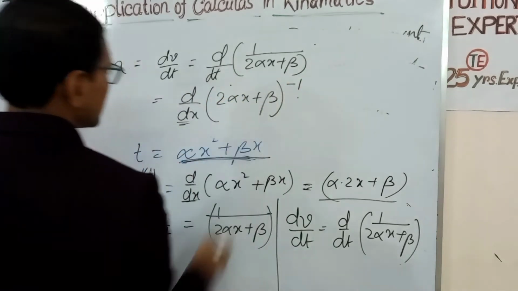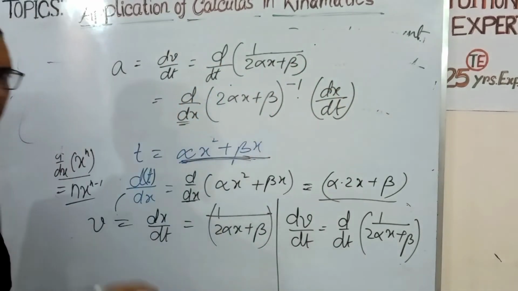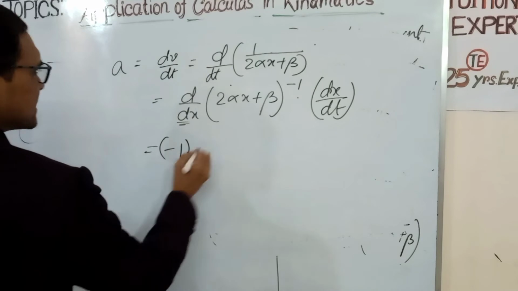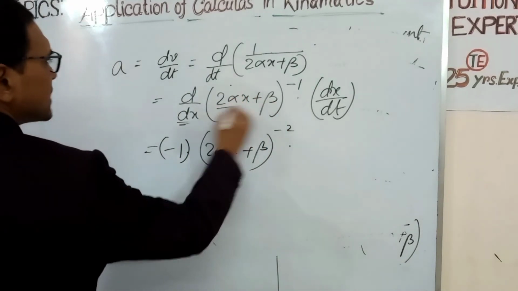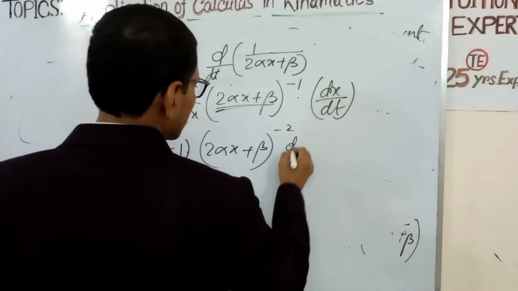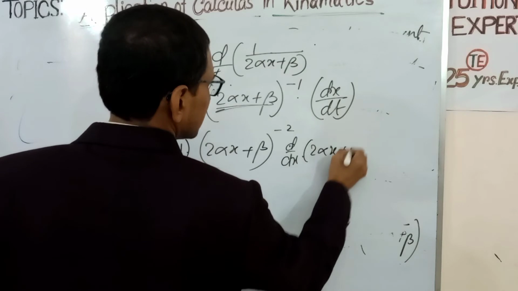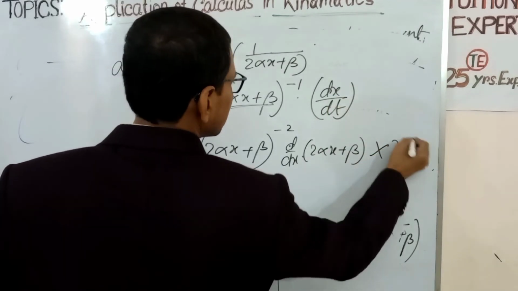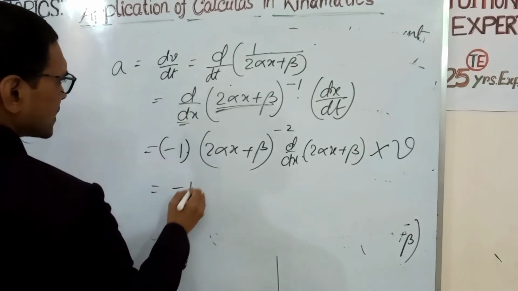We can use this dx by dt. This is minus 1 into minus 2 into the derivative. Now by chain rule again, d by dx of this, and dx by dt is v,